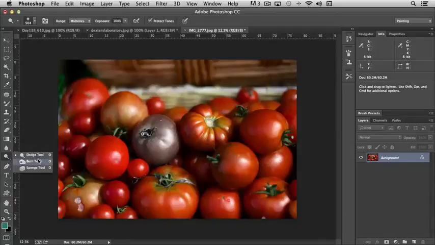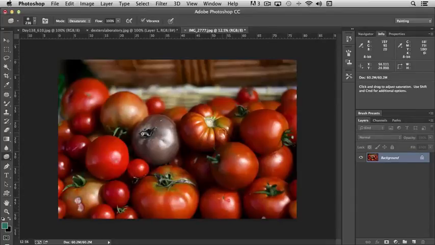But with this saturate and desaturate, or well, it's the sponge tool is what it's called, you'll notice that you have the ability to control vibrance. Vibrance is just one of the color qualities in a color photograph that determines brilliance, and instead of hue. Hue controls the tonal range of the color. Vibrance controls how brilliant the color is. So if you want to protect the vibrance, desaturation is going to be much more subtle, as you can see. Now if I switch to saturate, we could have, say, a bland